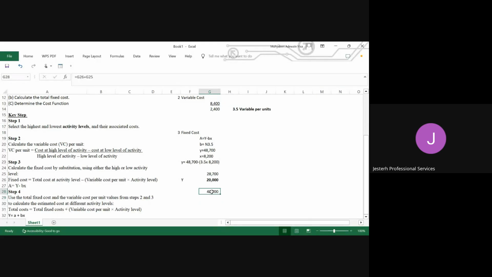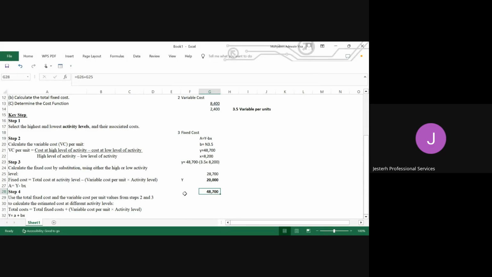Now, as you can see, we're able to determine our fixed costs and our total cost after we have segregated. You know, the purpose of this high and low method is just to split the total costs, so that we'll be able to know which one belongs to the variable cost and which one belongs to